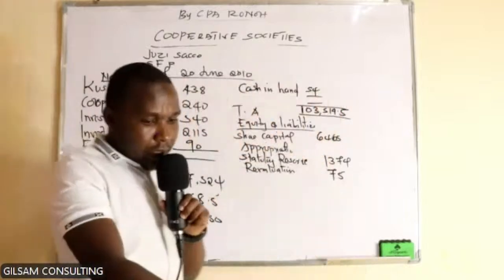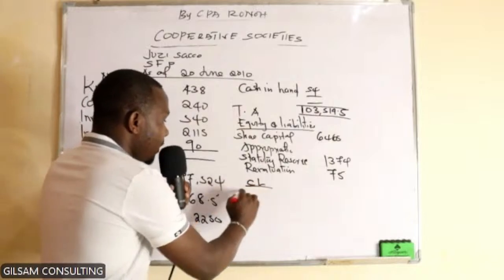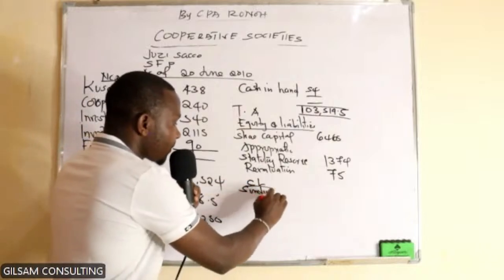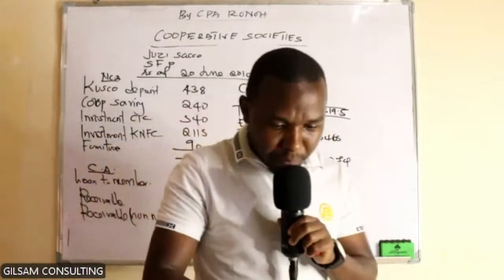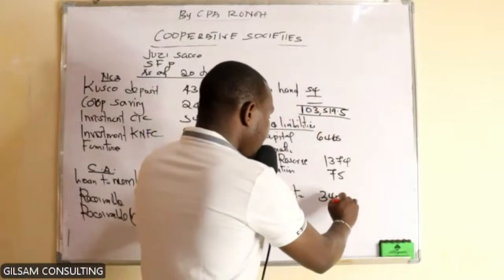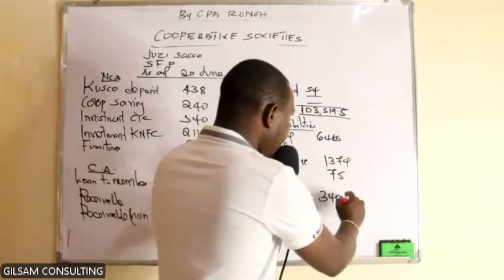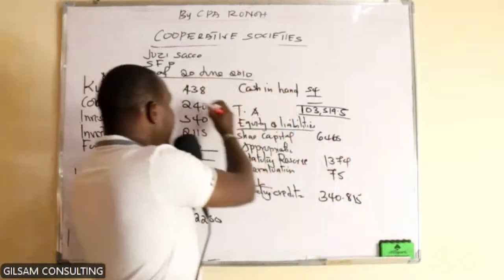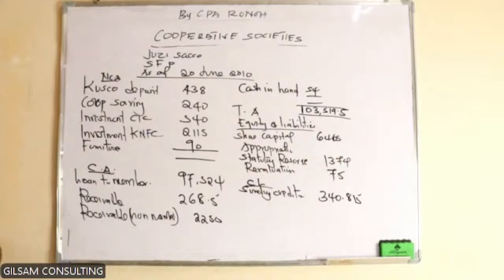Then we go to the creditors. I've seen sundry creditor. Sundry creditor hapo wako na ngapi? 340.0.851. So already we can graph this because you have written, so that we can continue with our